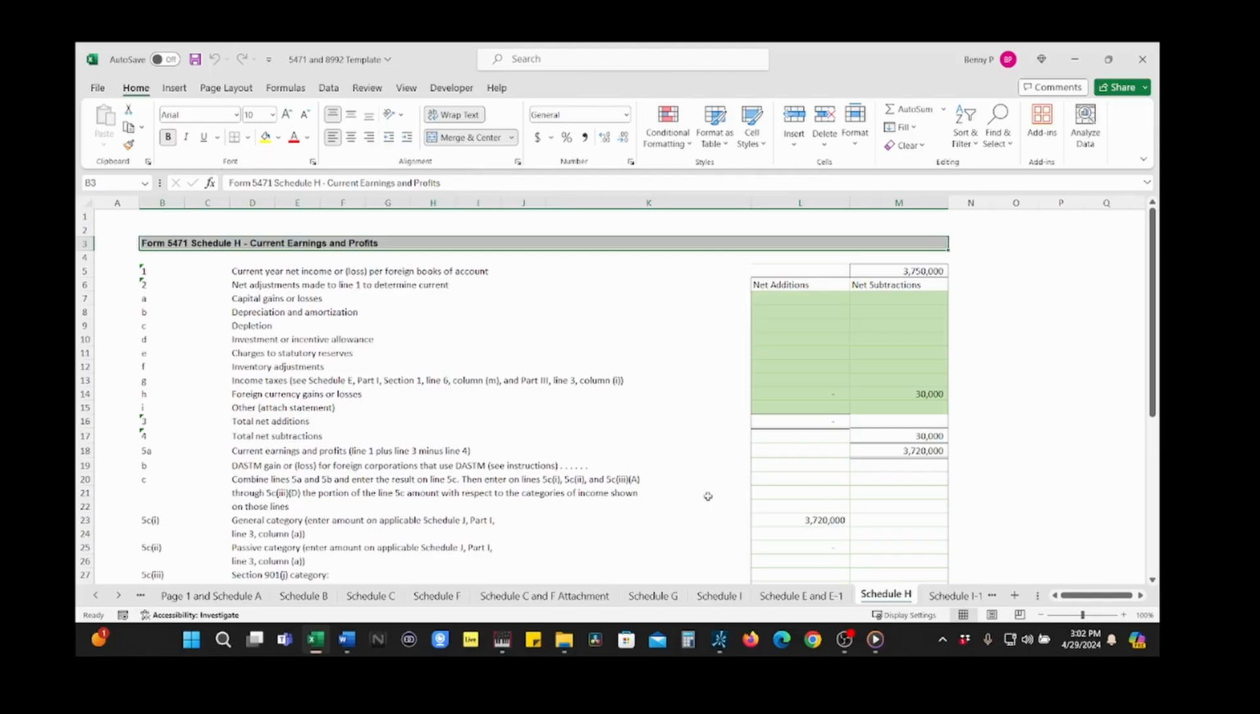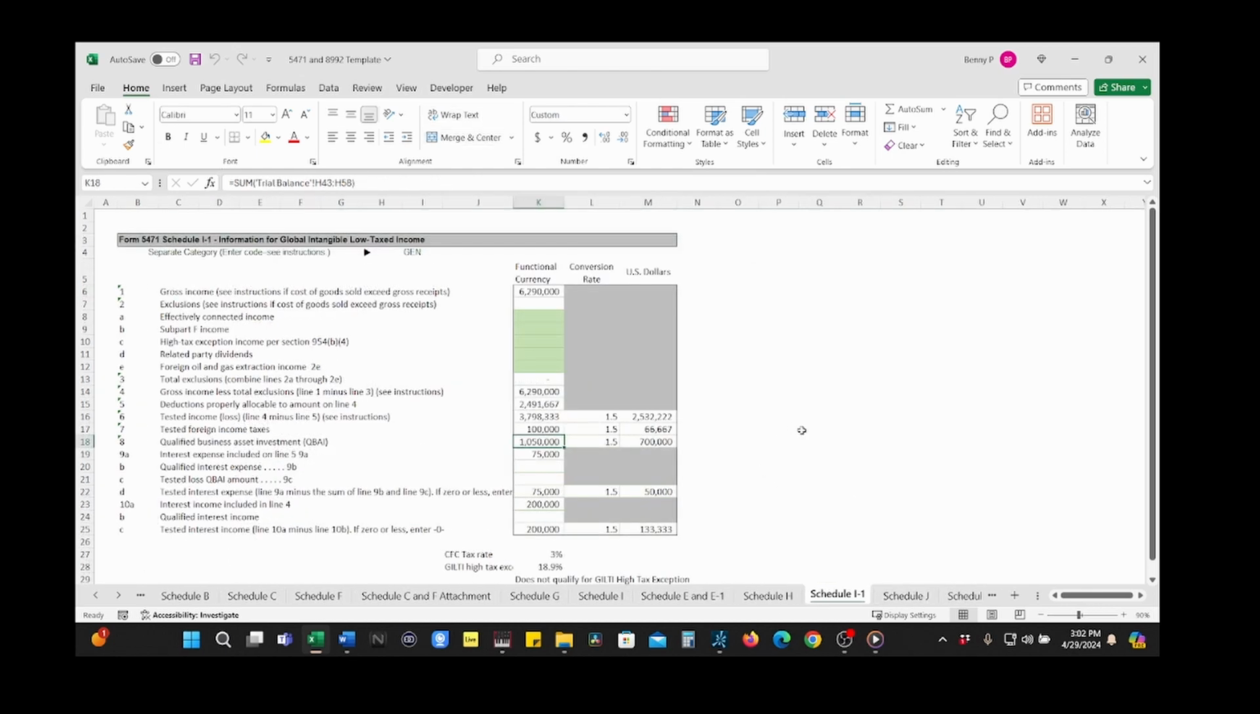The next schedule is Schedule J-1, which calculates the relevant items for the calculation of GILTI at the U.S. shareholder level. If we had Subpart F income, we would back that out on line 2B. Notice that I've included a calculation below that computes the effective tax rate of the tested income. In our example, the tax rate is much lower than 18.9%, and thus it is not eligible for the high